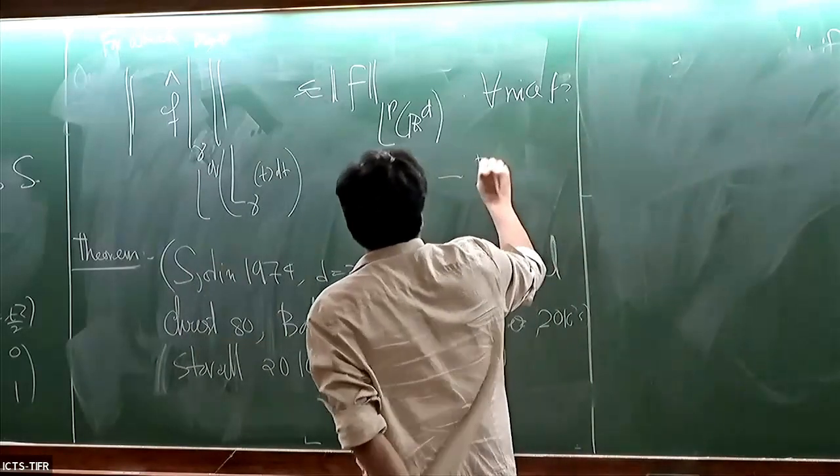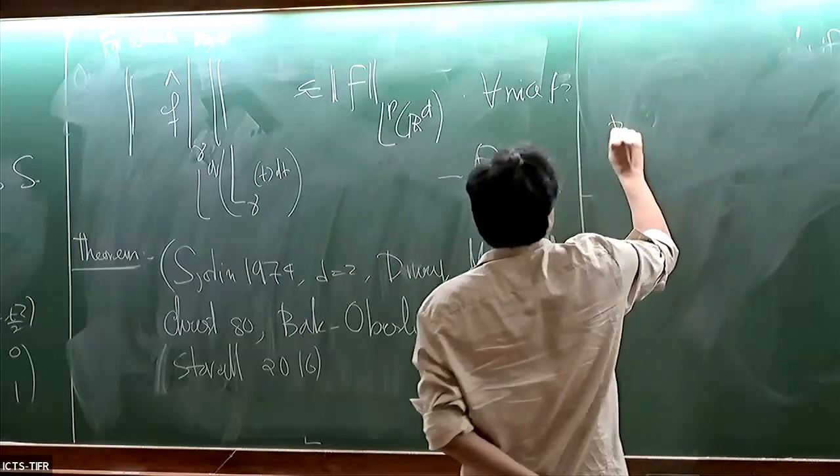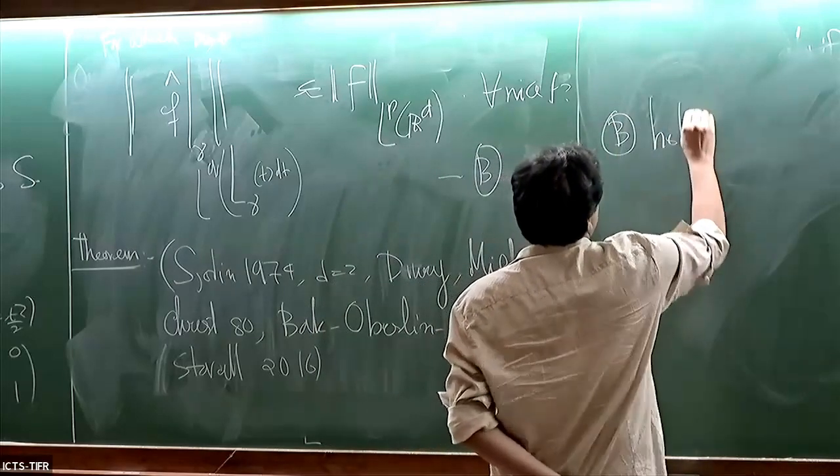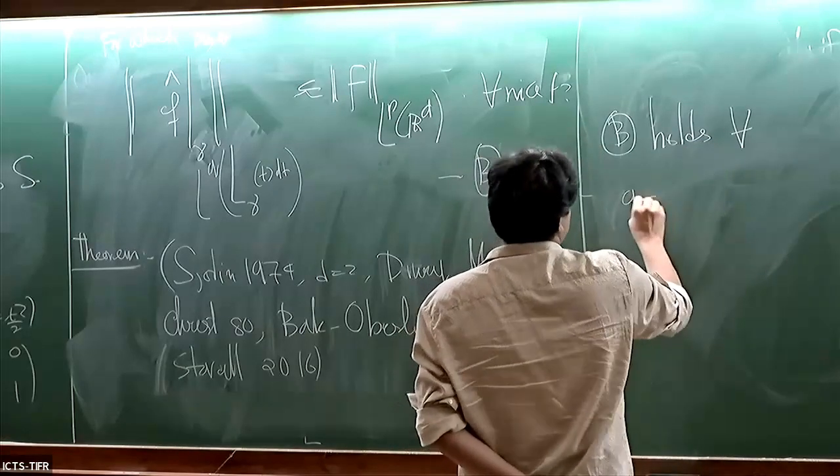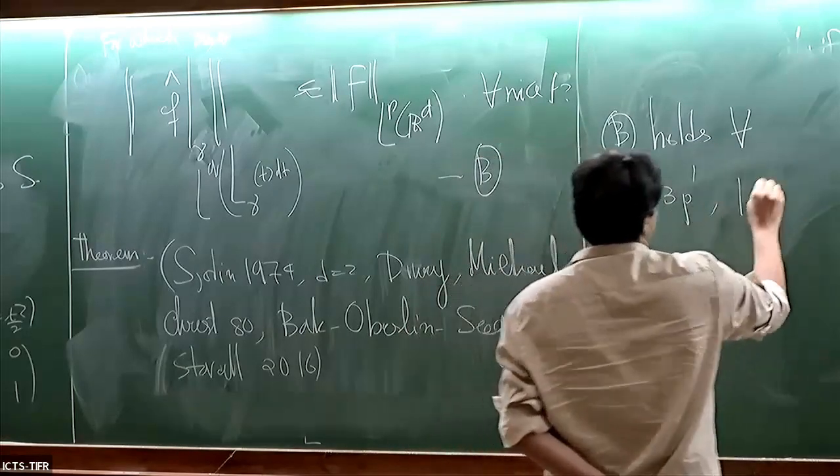Let me call this B. B holds for all p, q on the scaling line, q equals c p prime, and 1 less than p